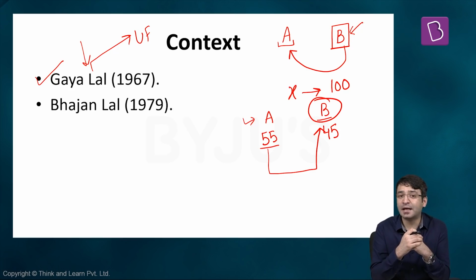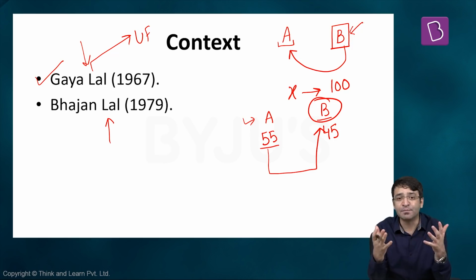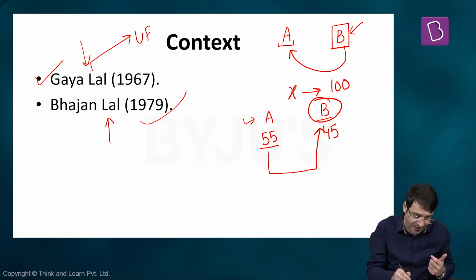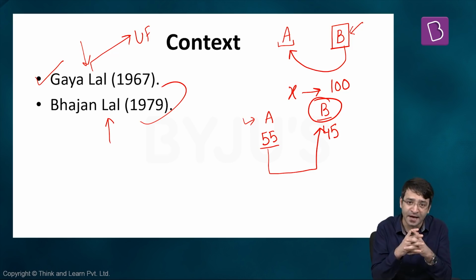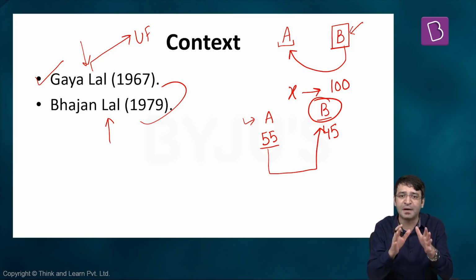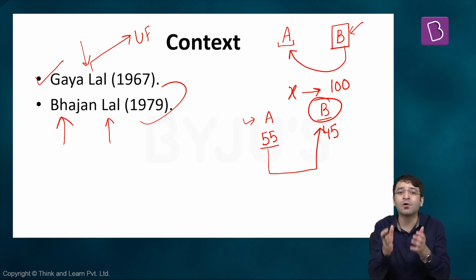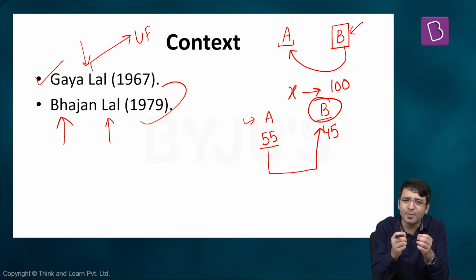But Haryana was back in news again. In 1979, Bhajan Lal toppled the state government headed by Devi Lal. And he was in a position to form the government. Bhajan Lal became the chief minister of Haryana. A year later, in 1980, Indira Gandhi stormed back to power at the center, and what Bhajan Lal did, along with 40 of his MLAs, he joined the Congress. This had to be curbed.